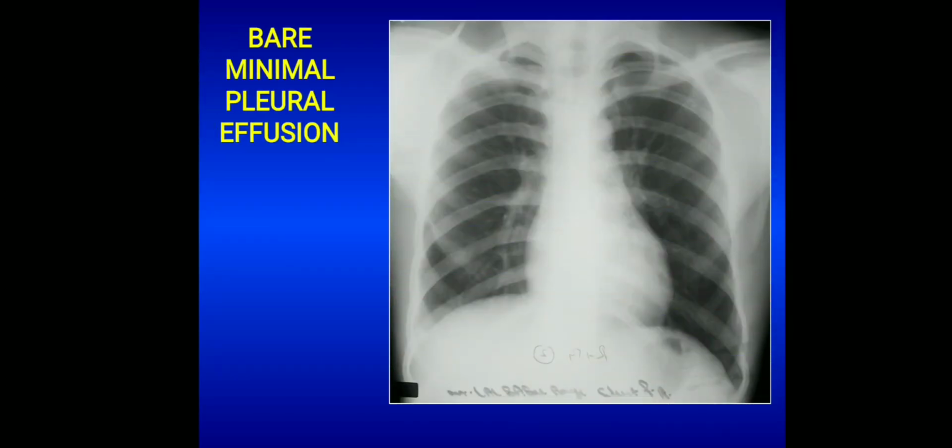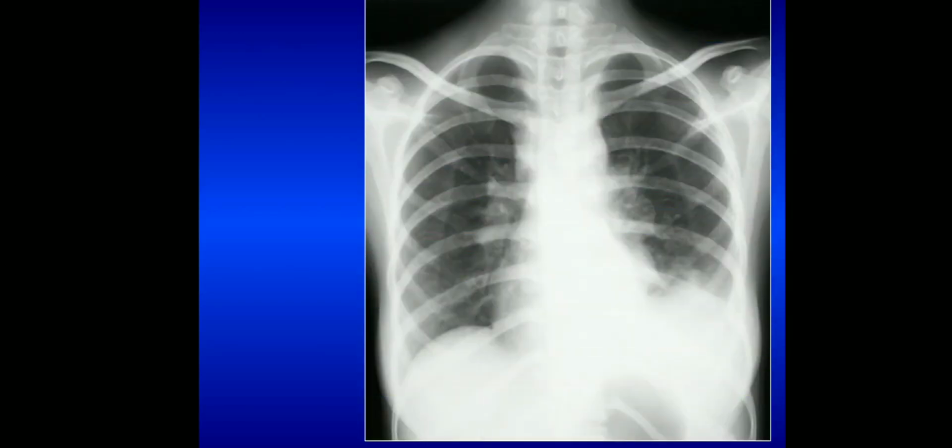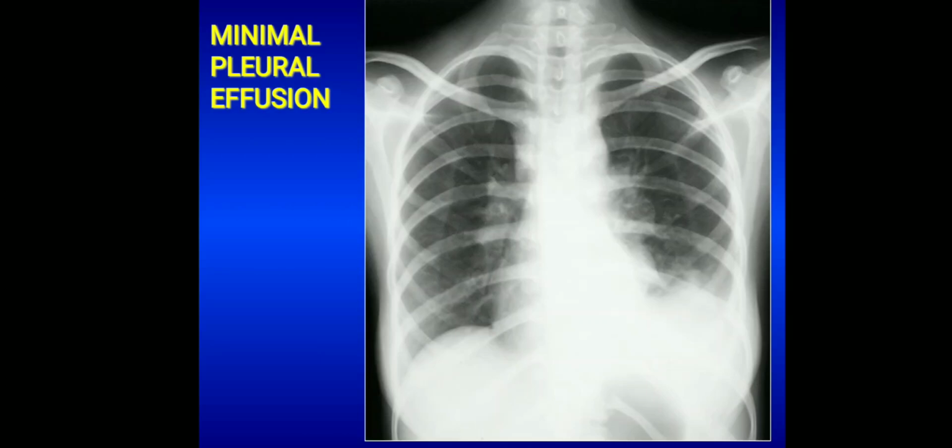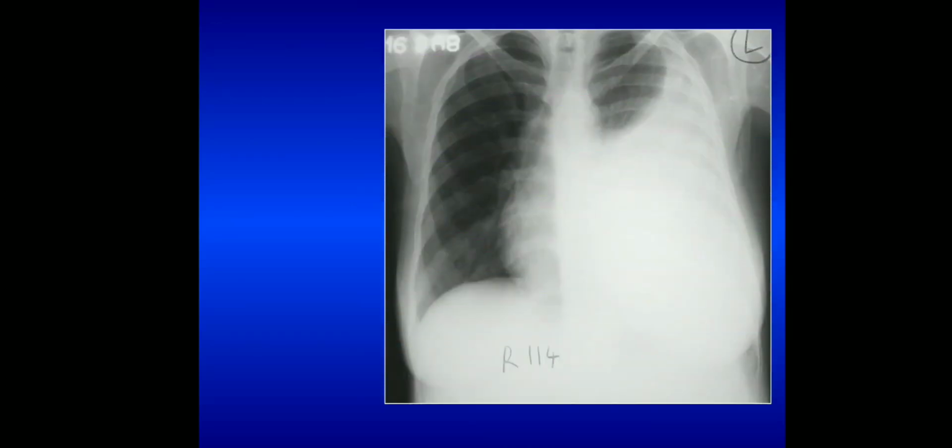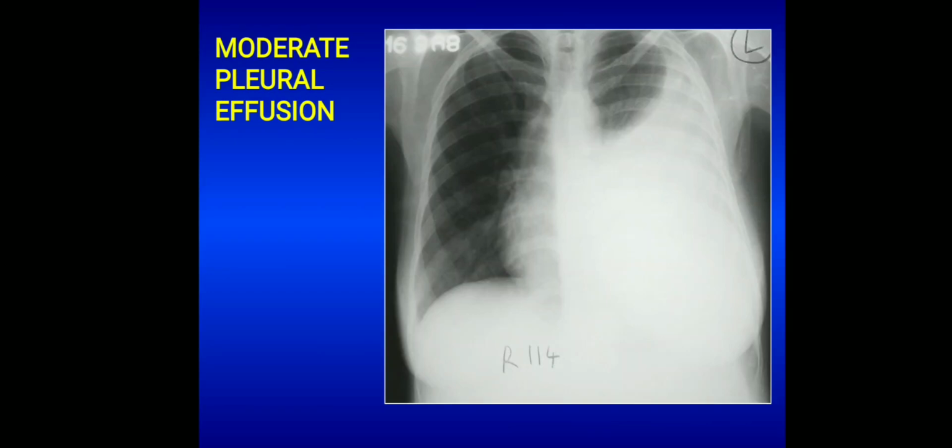So first of all, this is a chest X-ray PA view showing minimal pleural effusion. You can see on the right side, there is minimal pleural effusion blunting the right CP angle. Minimal pleural effusion is seen in this case too on the left side. Now you can see moderate pleural effusion. There is a large pleural effusion on the left side, causing whiteout of the left lung, obscuring the left heart border and left CP angle. So it's almost an opaque hemithorax on the left side, except for a small aerated zone of lung in the superior zones.